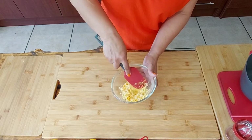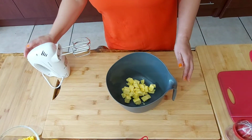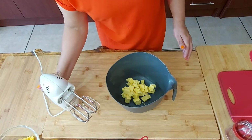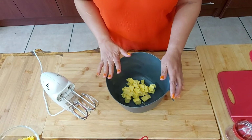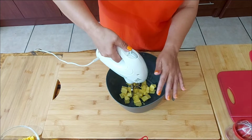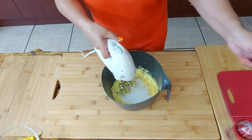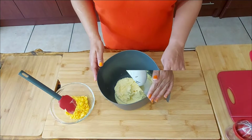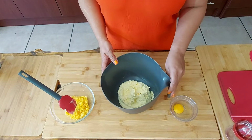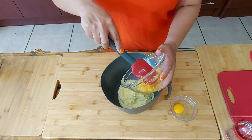And I'm putting this aside. So I prefer creaming my butter just so the sugar's got something to hold on to. I'm giving this a few rounds just by softening it up using the electric mixer, adding 1/2 cup of sugar, the rest of the sugar I just used earlier on. So now you can see that the volume has increased and my sugar butter mixture is light and fluffy, and